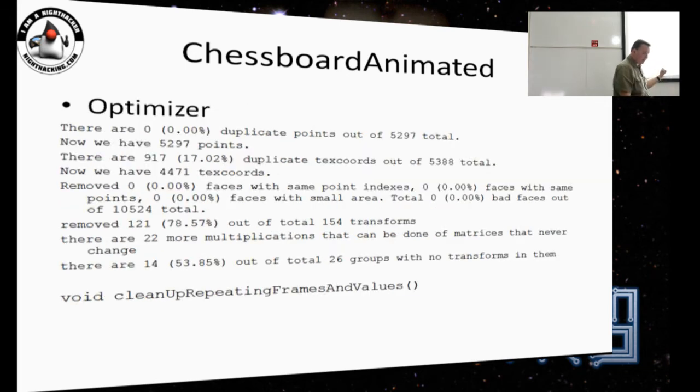So Optimizer is a part of the 3D Viewer app. It allows to eliminate duplicate points or duplicate texture coordinates, or faces with the same points used as indexes, faces with small areas. It also removes transforms that are identity.